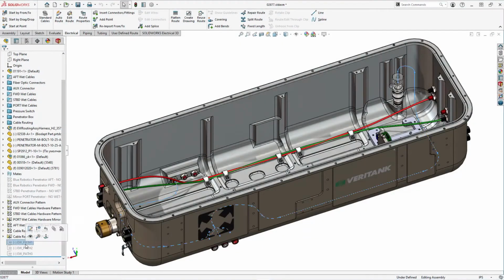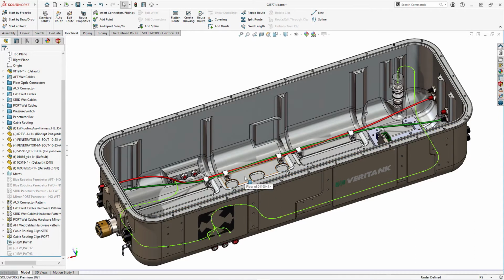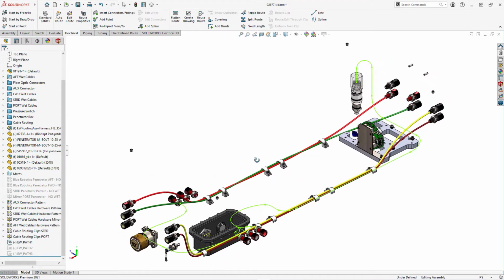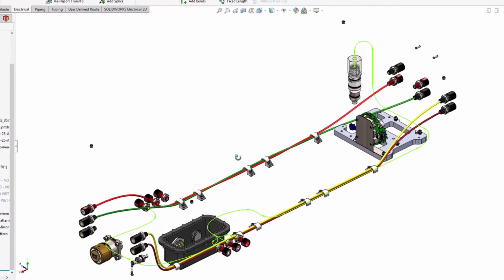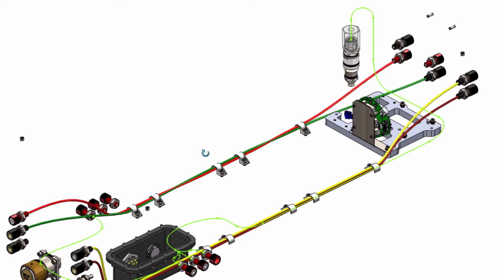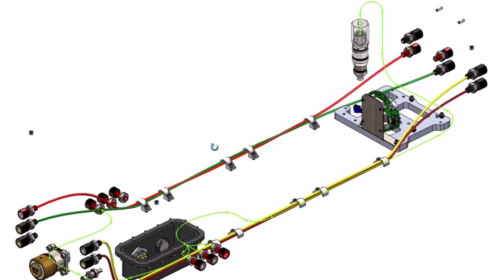If everything we design only was a square or rectangular shape, we will never need to use splines. In the electrical world, the path of electrical wiring and harnessing can take many forms, including lines and splines. In SOLIDWORKS Electrical 2021, we enhanced route harness functionality to now support the use of both splines and lines to